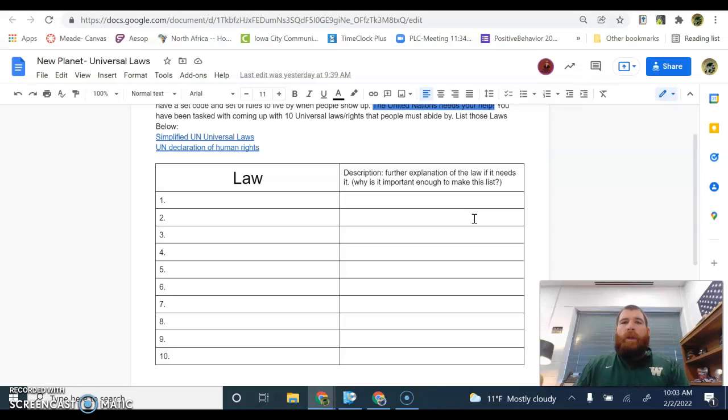It's important too to think about how we would show that. Like our First Amendment gets pretty crafty. We get freedom of religion, freedom of speech, freedom of assembly, freedom of petition, all wrapped into one amendment. So figure out how maybe you could be a little bit crafty to throw some more stuff into just 10 laws, because I know it's kind of tough just to pick 10.